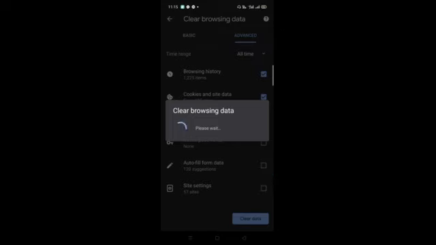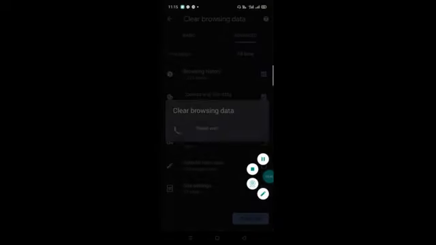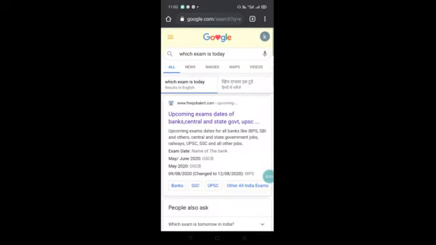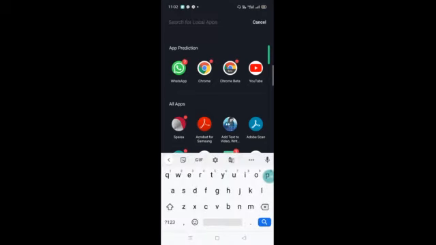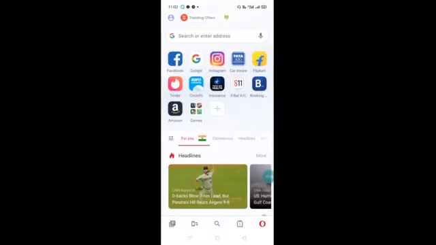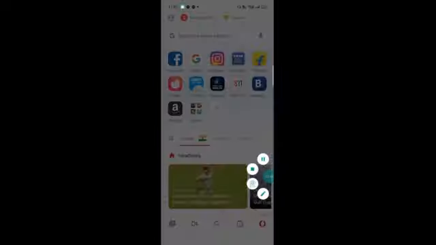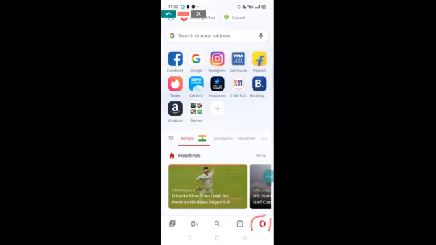So I'm going to pause my video here. If you are using another web browser like Opera Mini, then first of all you click on Opera Mini and then click on the icon of Opera Mini.